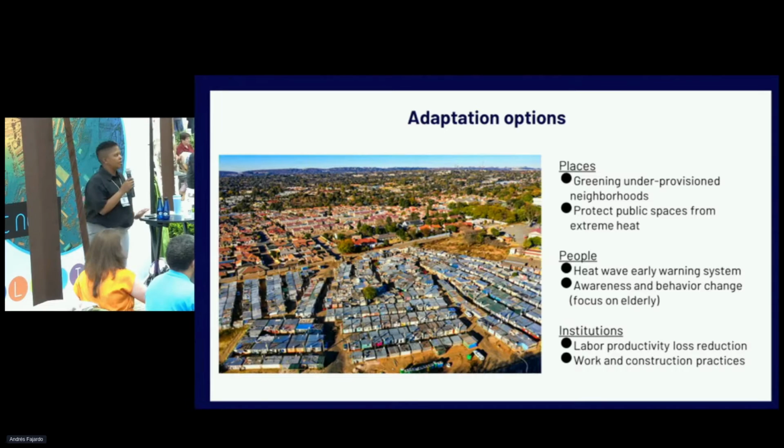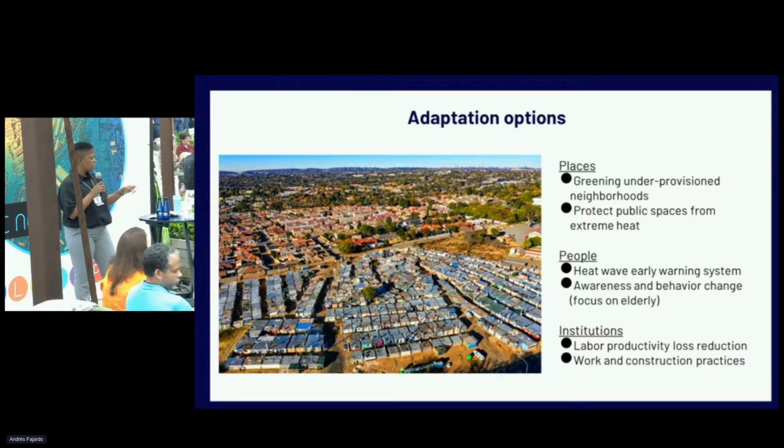The last one is just a summary. There's a number of strategic adaptation measures that we have proposed and are considering for the city, and will be including in our action plans as the city. The first one is about strategic urban greening in